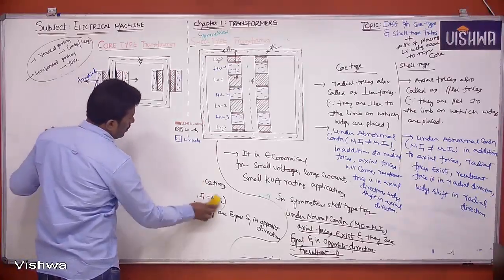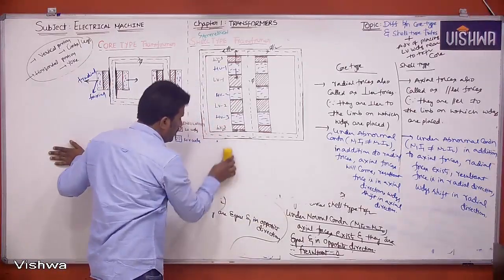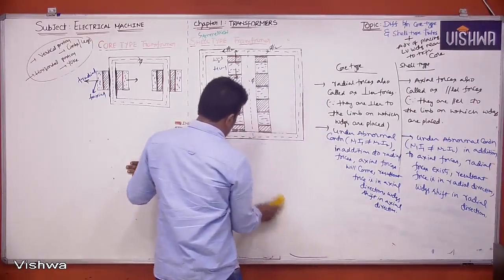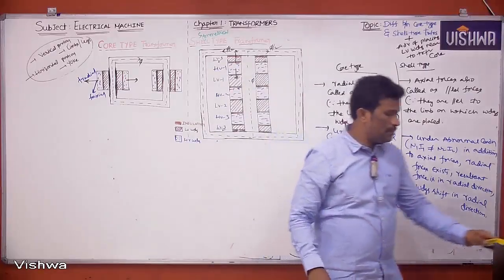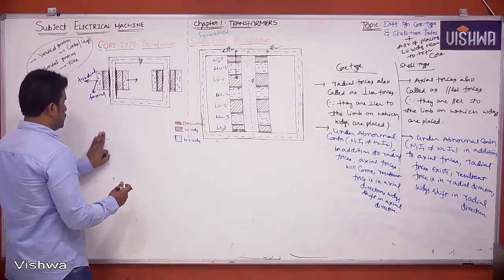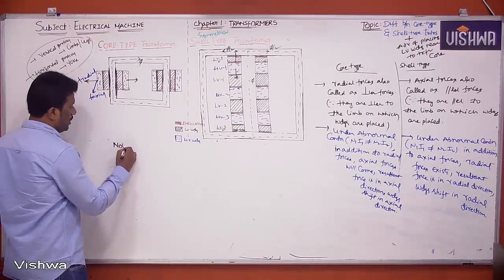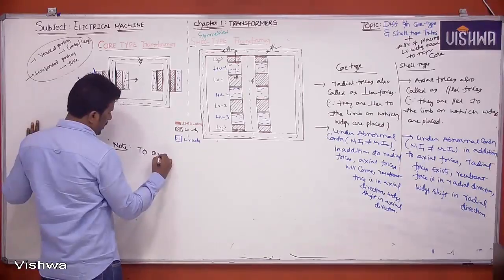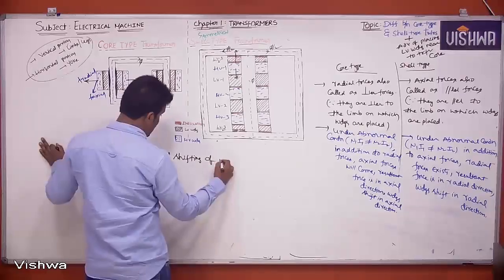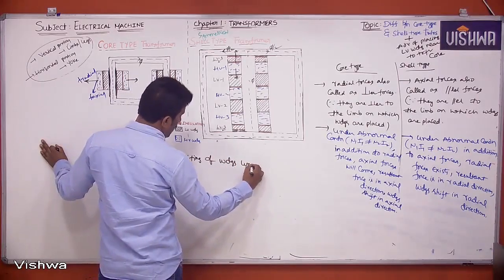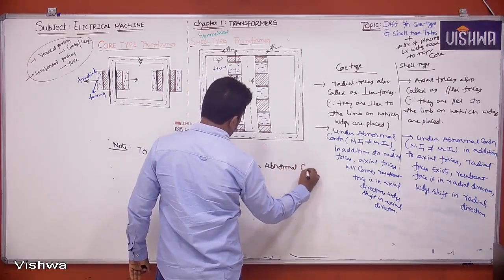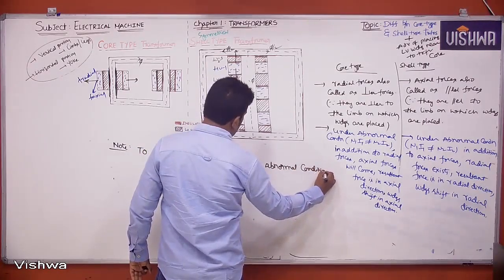Next, let me give one small note here. Note. So you are saying that under abnormal condition, your windings are shifting in a resultant force direction. So for that, what you have to do? You can give some note here. To avoid shifting of windings under abnormal condition,